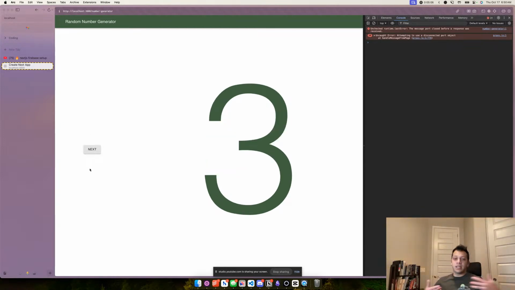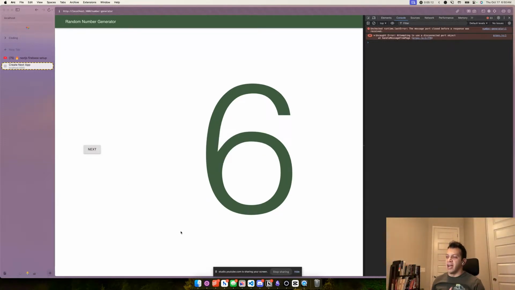And then the next mode: once you hit next, after a certain amount of time, probably 2 seconds, there will be a shift, and the logic, instead of generating it in the browser, will reach out to a Firebase Cloud function, and that will generate the actual next random number, which will be generated off of